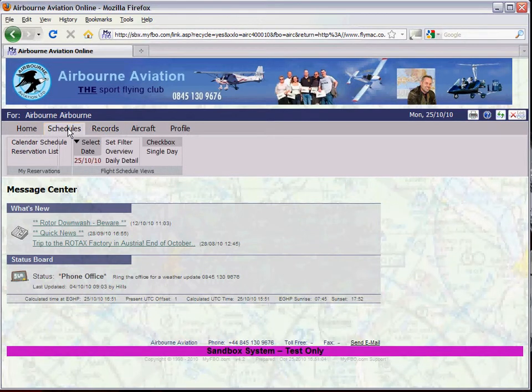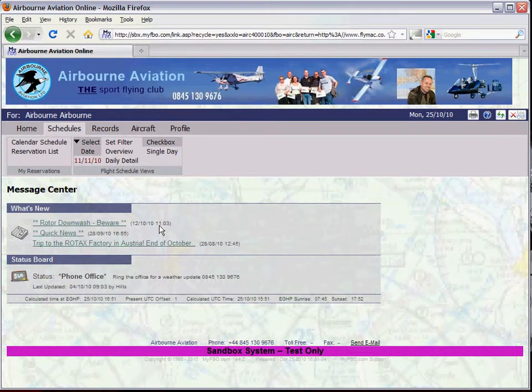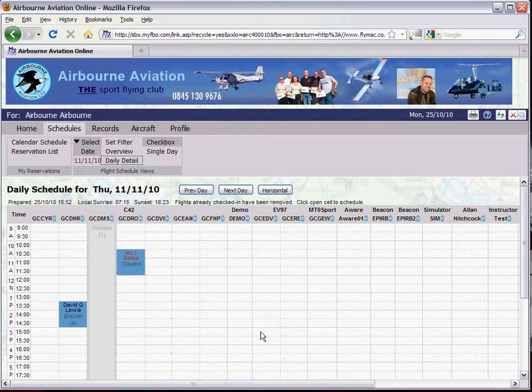So I'll start off going to schedules. I know that the date I want to make the booking on is the 11th of November, so I go to the Thursday the 11th of November and select that. That's got my date in. Now I just show the daily detail, which will show it for that date, and there we can see the